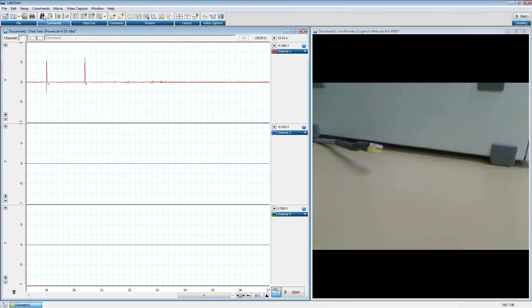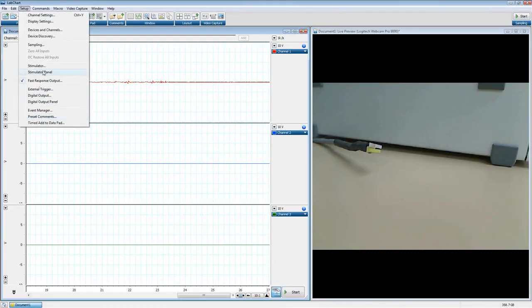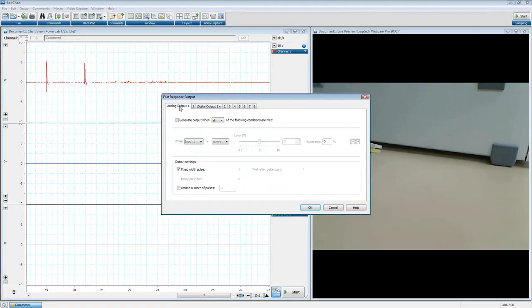It's not nearly as complicated as Event Manager. And like I said, it has to be a raw data input, an actual input to the analog channels of the PowerLab. So we're going to go back here and maybe talk a little bit more about it. As I said, you can set up analog outputs 1 and 2, and any of the digital outputs; you can have multiple ones set up. You'll notice that when they're turned on, you have this little black dot next to the number. It's monitoring a specific channel or channels, whenever those conditions are met, it's going to send out a digital